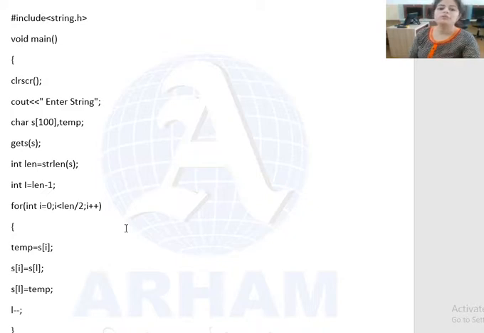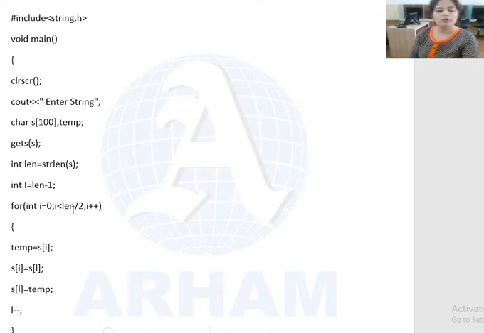So we have to calculate the length divided by 2, because if the length of the string is 6, it means we have to perform 3 changes. So that's why we repeat the loop till the mid of the string, and apply the condition I is less than length divided by 2.